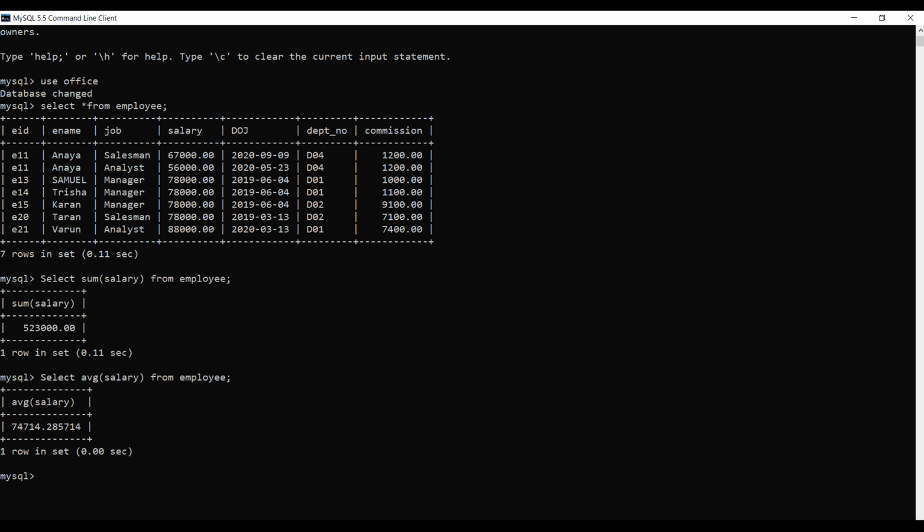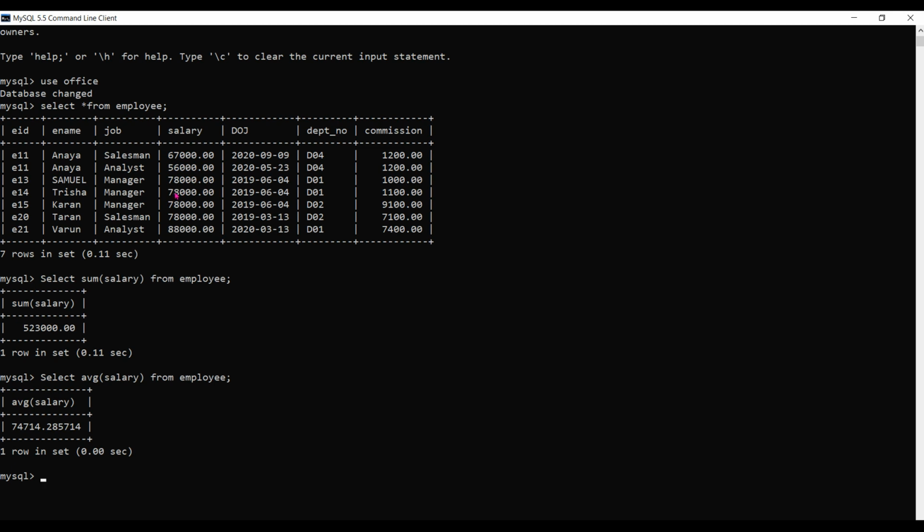So it has given the average. In my data, you can see there are no null values. So 1, 2, 3, 4, 5, 6, 7 values are added and then divided by 7, as we normally do in average.